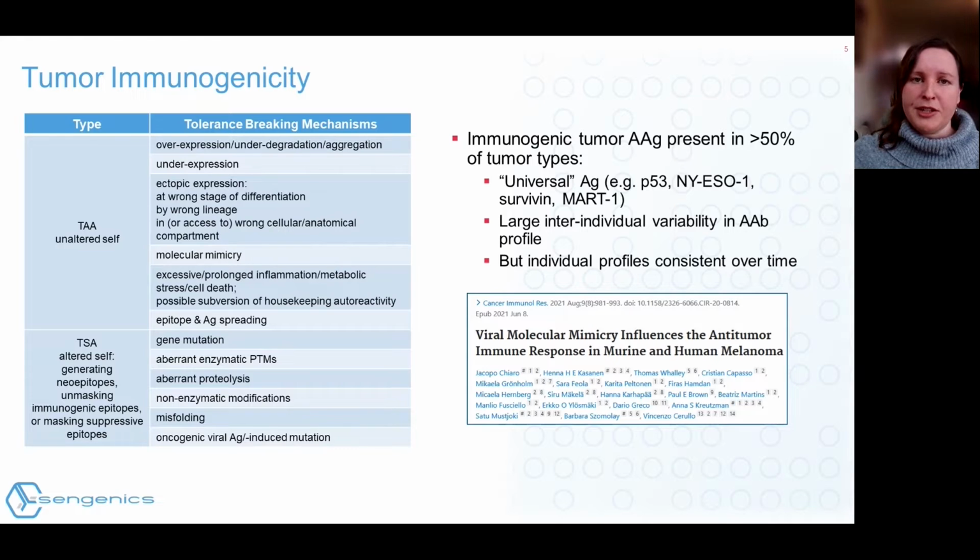Mechanisms like epitope and antigen spreading are likely also involved. Then if we move on to the bottom part of the table, tumor-specific antigens, these are altered self molecules. They are generated by gene mutation, aberrant enzymatic post-translational modifications, aberrant proteolysis, non-enzymatic modifications, misfolding, and also oncogenic viruses. Certain tumor antigens are so prevalent across tumors that they're known as universal antigens, and unsurprisingly, these are the ones